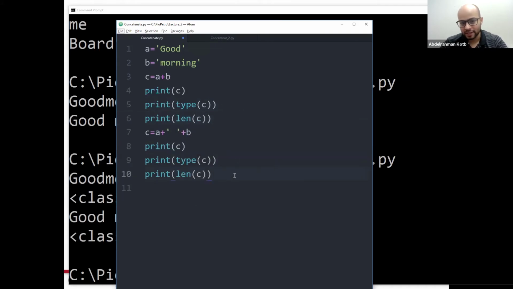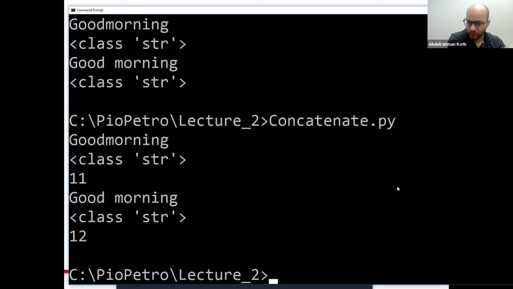The only difference is in the length. For Python, this is 11 because it doesn't have a space, and the second one with the space is 12 because it has the space. That is the only difference.